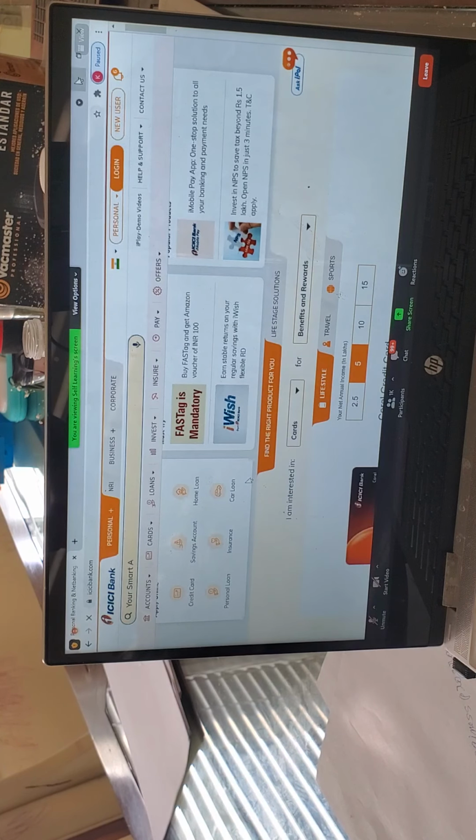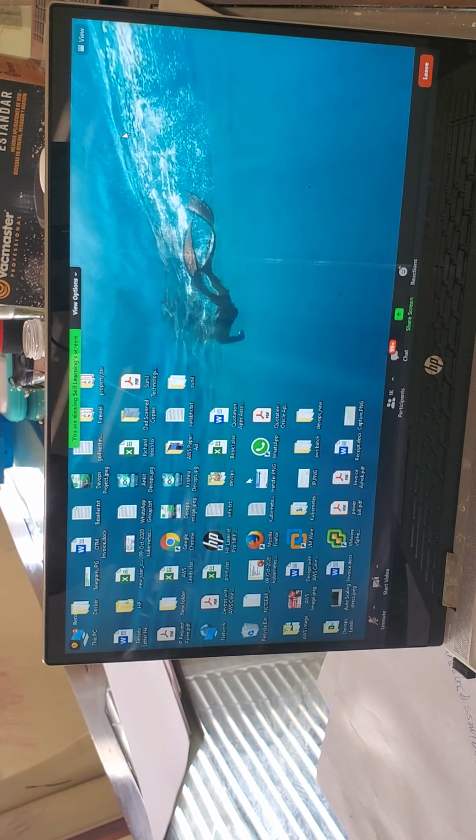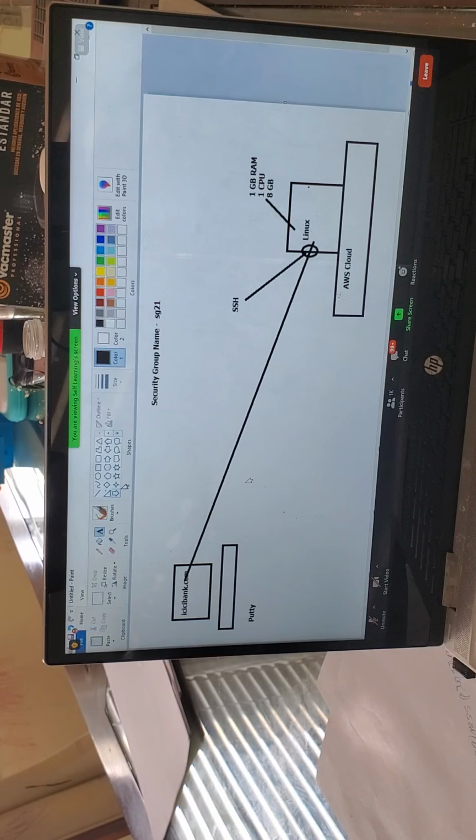Let's understand what's happening here. From my laptop, I'm opening ICICIbank.com in my browser. When I press enter, I'm getting a web page. From where? Is the web page saved in my laptop? No, it's not saved in my laptop.